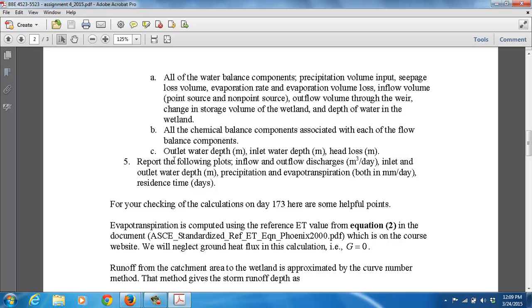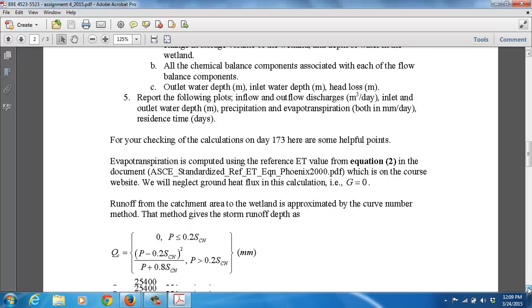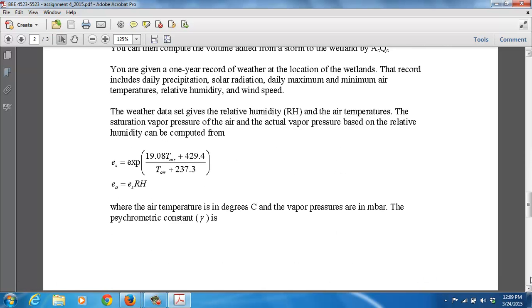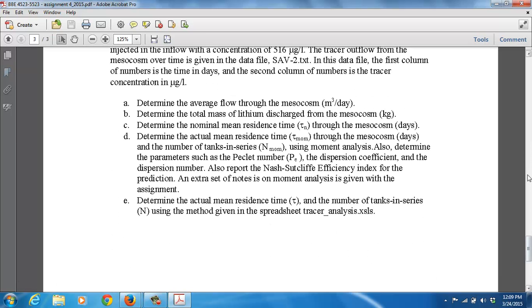I also expect you to report plots that are given by the spreadsheet, and those plots are listed here, the ones I expect you to use. For that day 173, some helpful points about how to do those calculations: the ET calculation as well as the runoff calculation from the watershed, which uses the curve number method. There's an explanation given here of how that's all done. All right, so